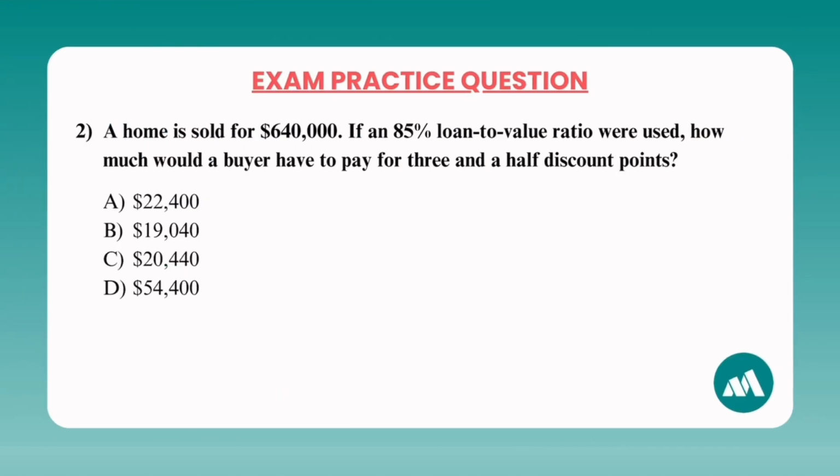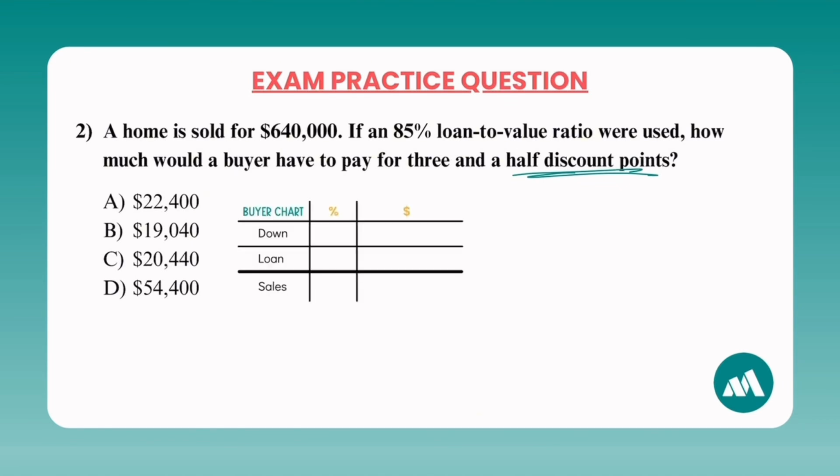Number 2, a home is sold for $640,000. If an 85% loan to value ratio were used, how much would a buyer have to pay for 3.5 points? In this example, since they're asking how much do they have to pay in points, I know I could automatically use the DLS chart. So let's bring that out. All right, so let's start filling it in. We see that the house sold for $640,000. Remember, your sales price is always 100%. So that is going to go here,